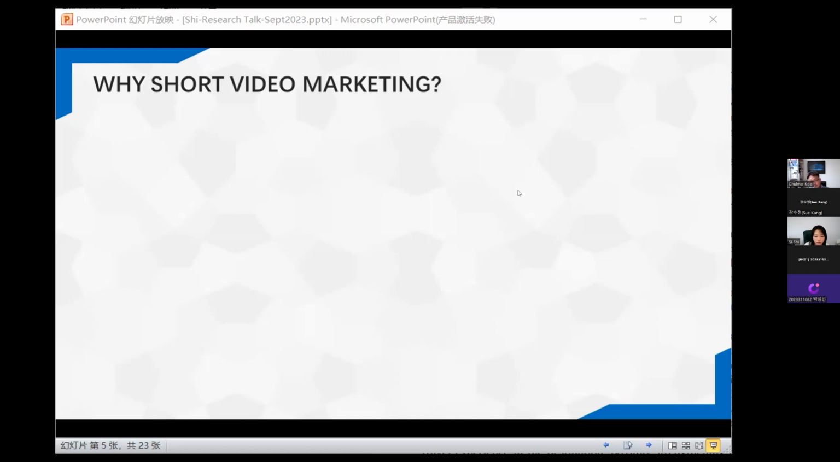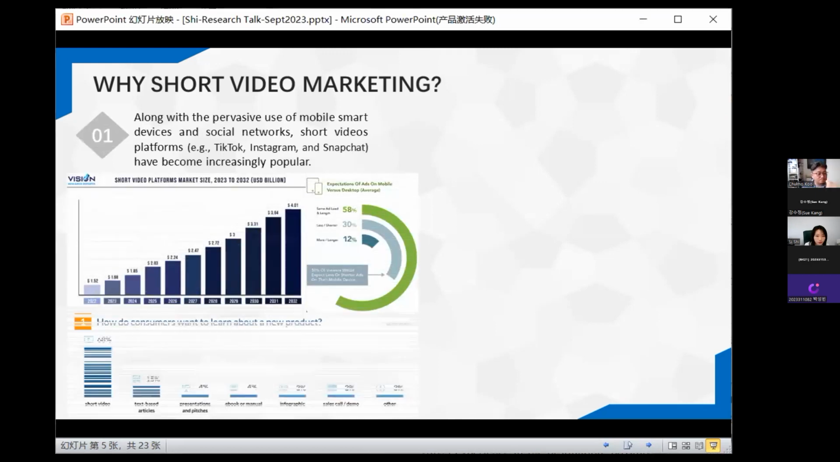So let's look at some figures. A recent report by Deloitte shows that the market size of the short video platform is going to reach $4 billion in 2032. That's about 10 years later. So now the market size is around 1.5 billion US dollars. So that's a huge increase. It's a forecast, but we can see that the growing trend is quite good for